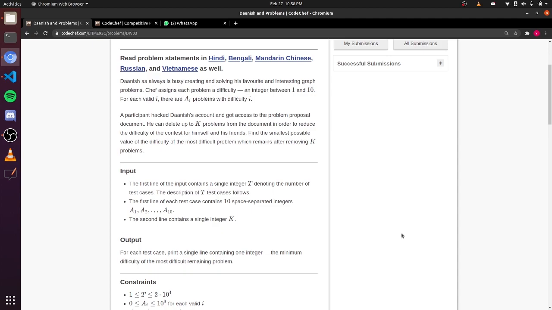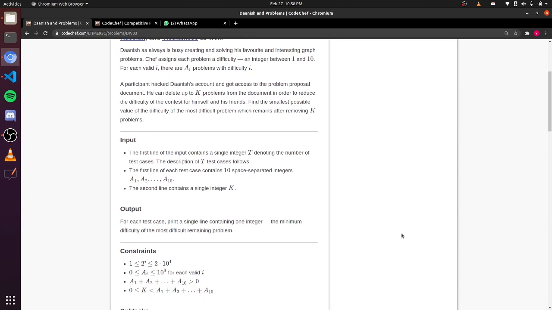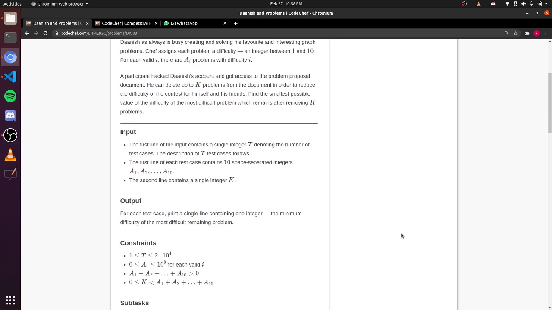The first line of input contains a single integer t denoting the number of test cases. For each test case, there are 10 space-separated integers, and the second line of each test case is a single integer k. So first, in order to make the difficulty of the contest less, we need to start deleting